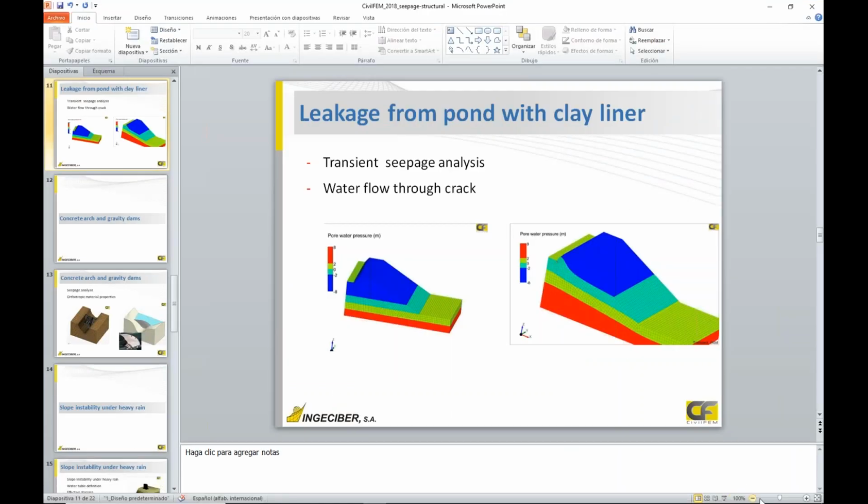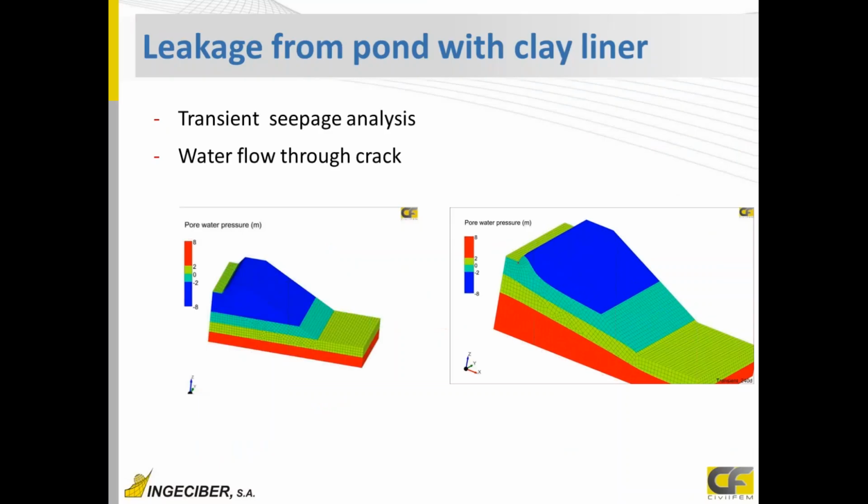If we go to the slides, and we see the transient seepage results. This is the first option without any crack in the clay. Here we can see how the water table, that is this one, the line between dark and light blue. This is the water table that is evolving for 240 days, and this is the final result we get after 200 days. After this, we add a crack in the